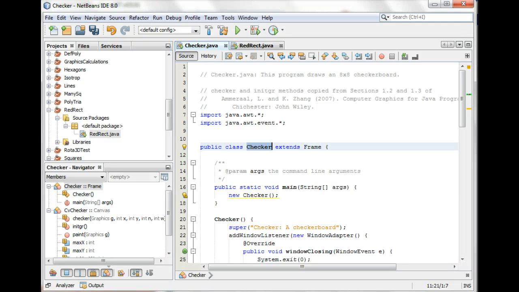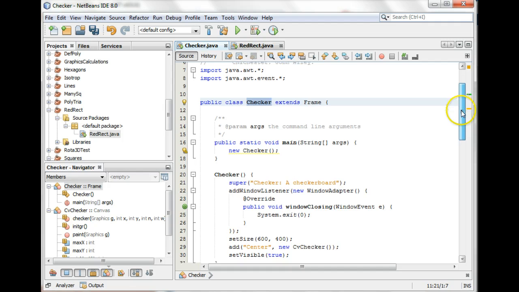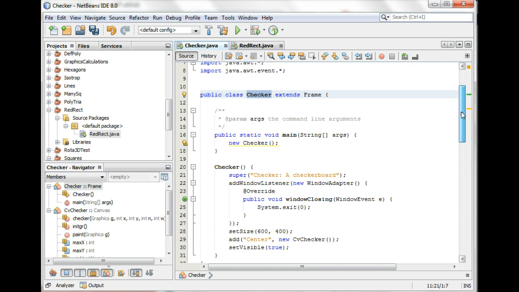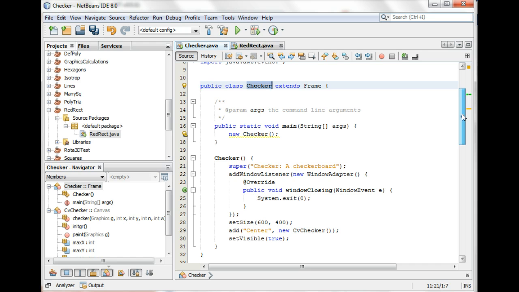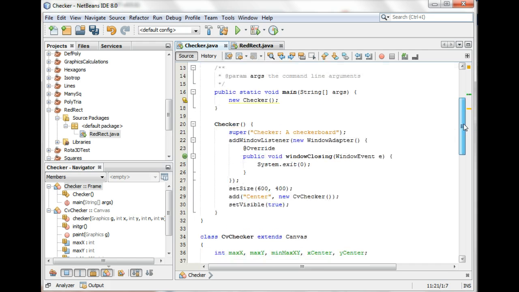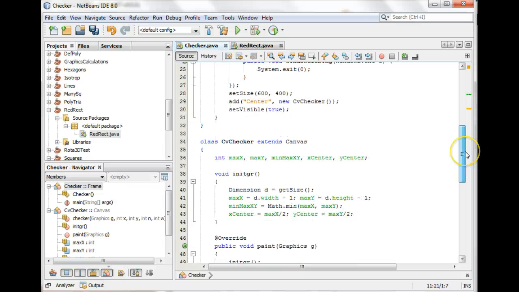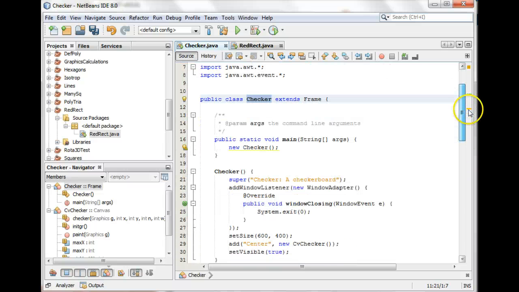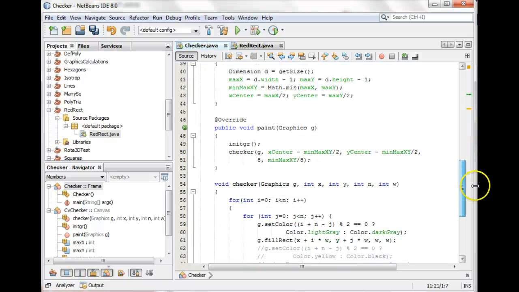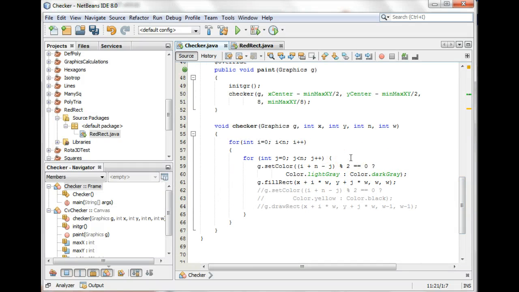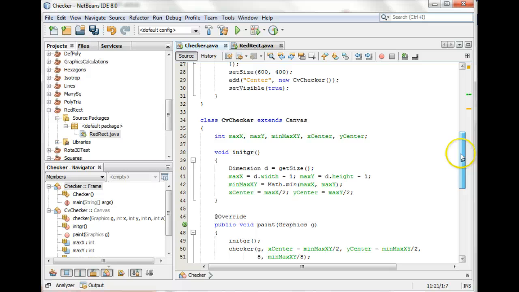So before we move on to logical coordinates, I just wanted to share this program with you guys because I think it'll help you later on with exercise 1.2 in the book, where you're going to have to draw a checkerboard, but with little designs inside of it. So this is basically, I took the checker method from section 1.2. That's on page 8, and put it